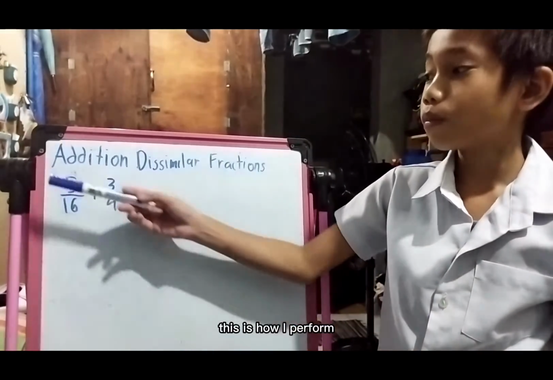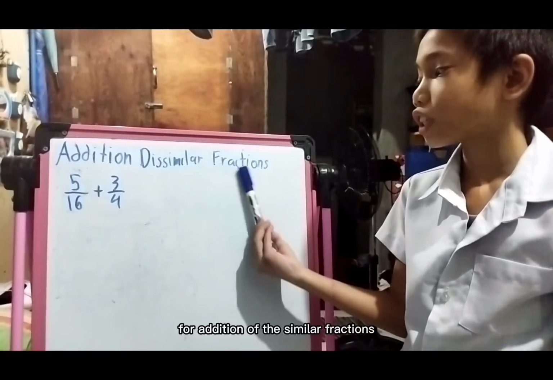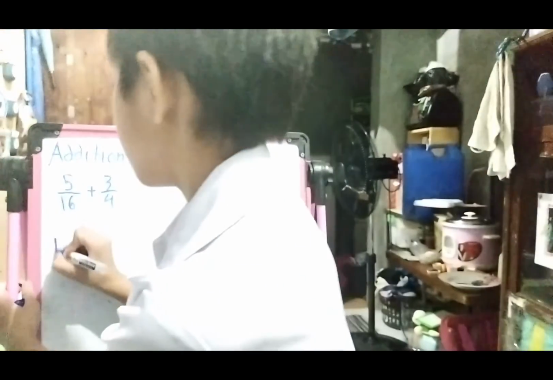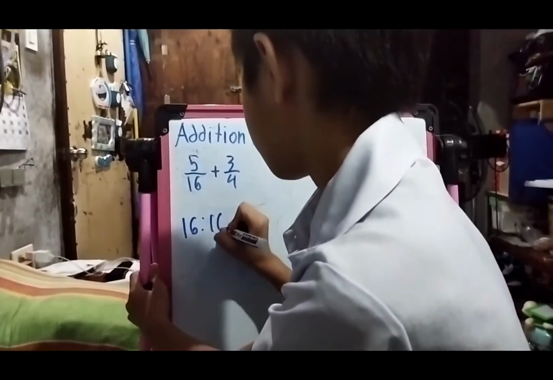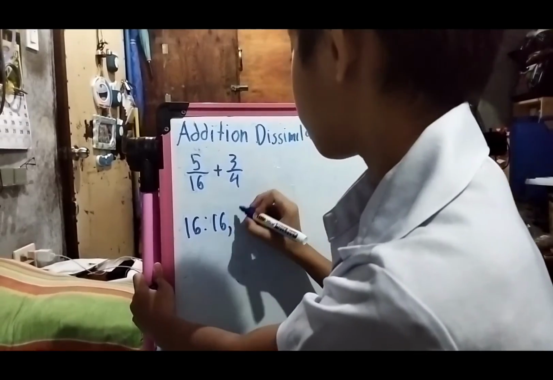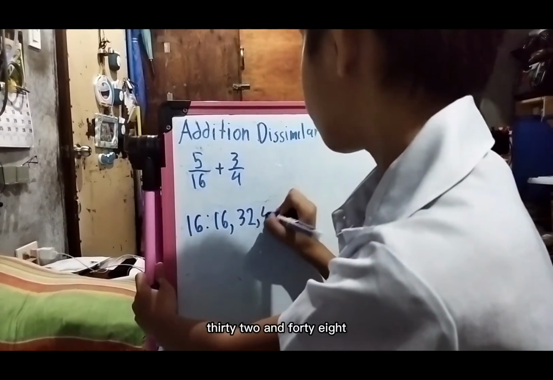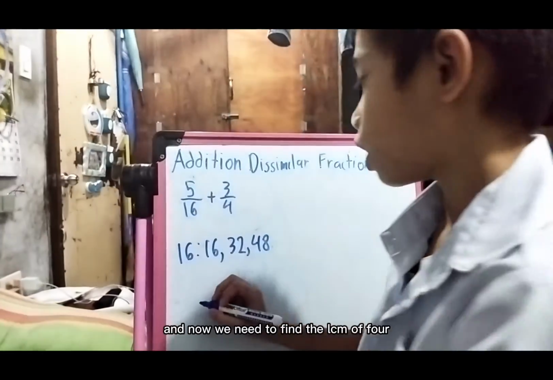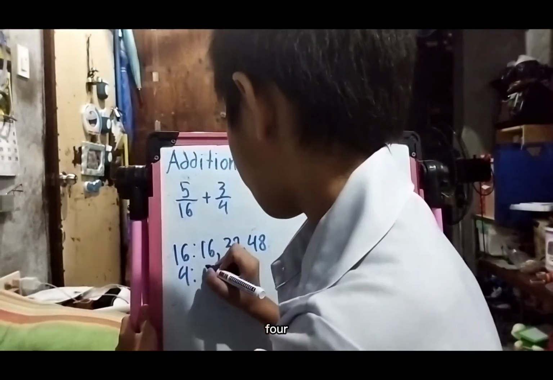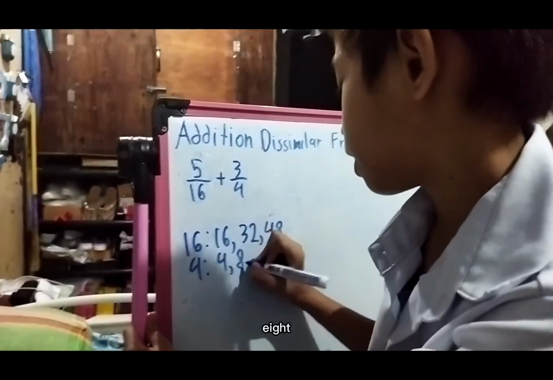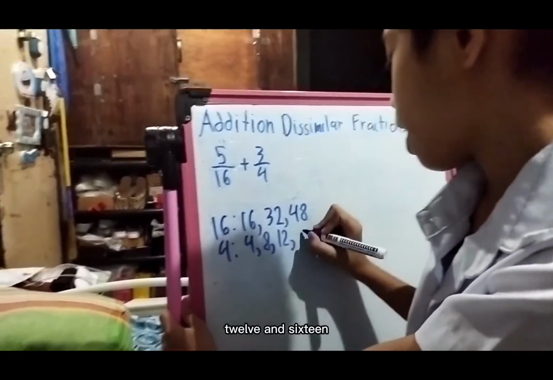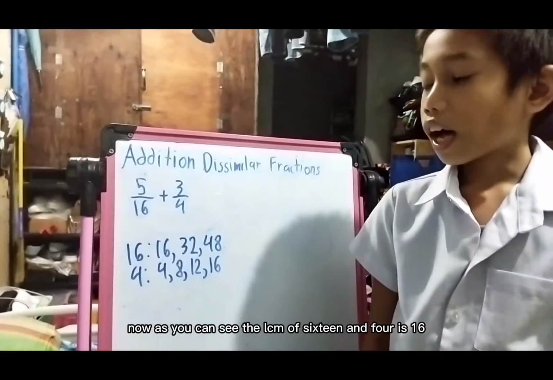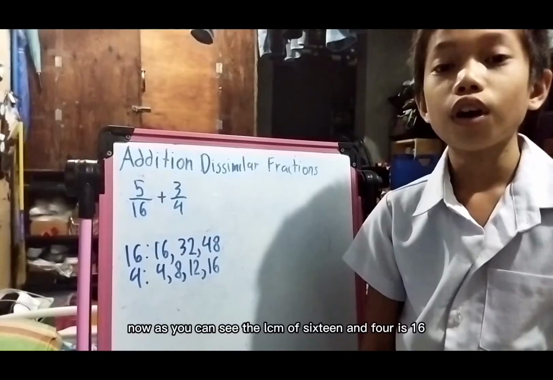This is how I perform addition of dissimilar fractions. First, we need to find the LCM of 16 and 4. Multiples of 16: 16, 32, and 48. And now, we need to find the multiples of 4: 4, 8, 12, and 16. Now, as you can see, the LCM of 16 and 4 is